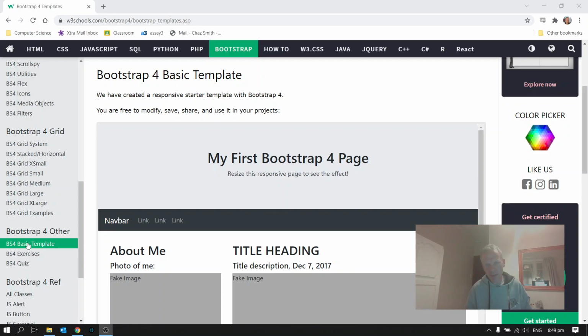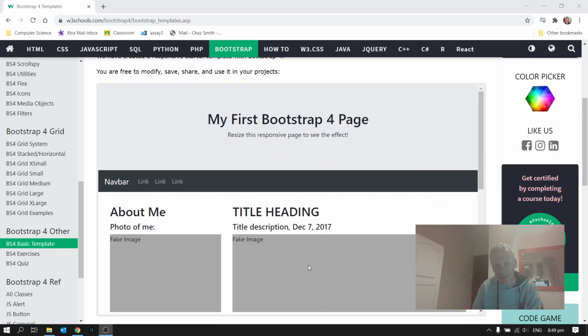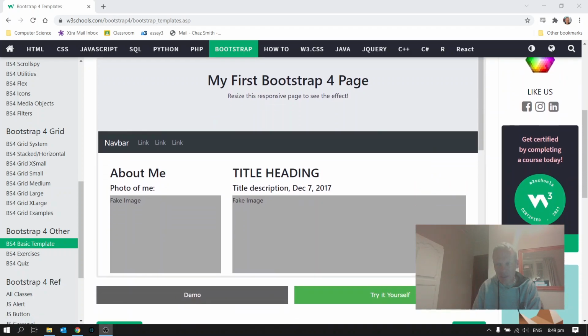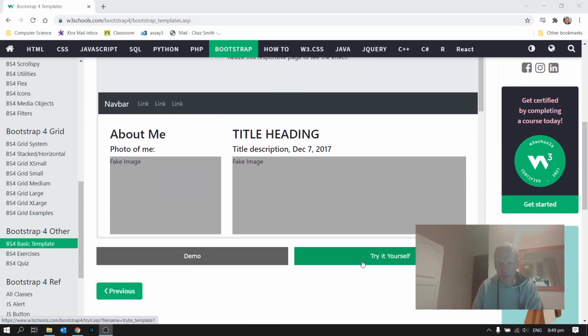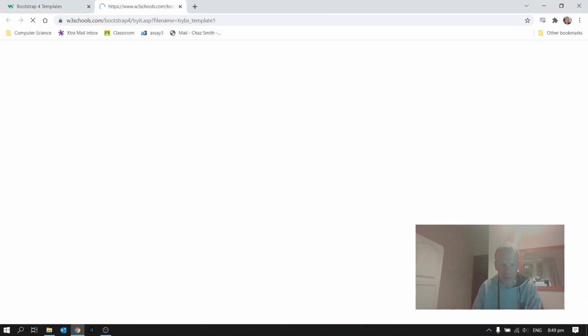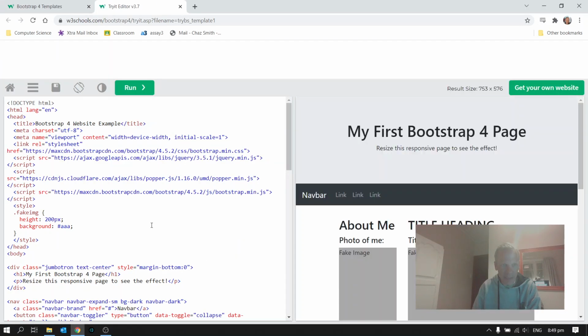Right, so yesterday I talked about this template on the W3 School site and how you could use it as the basis for a page. But I've seen this done really badly before, so I'm just going to go through the typical steps that you do to actually use this without it just looking exactly like this template and having the stuff which is the big giveaways. So I'm going to click in Try It Yourself here because